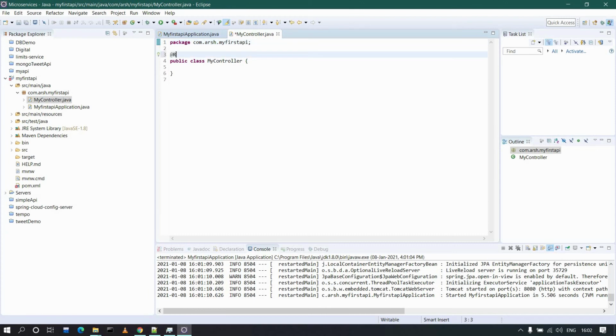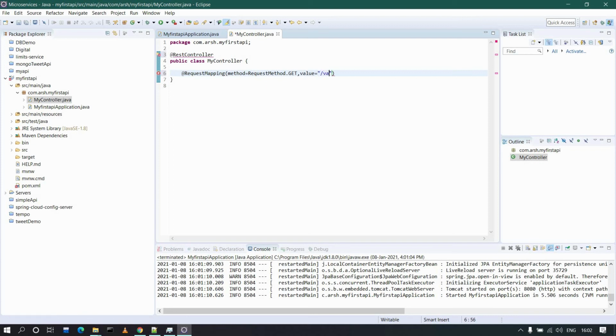Now this controller is a REST controller, annotated with RestController, and inside that we will be mapping the request with RequestMapping. The method we will be following is GET, and the value is the URL path you will be following.